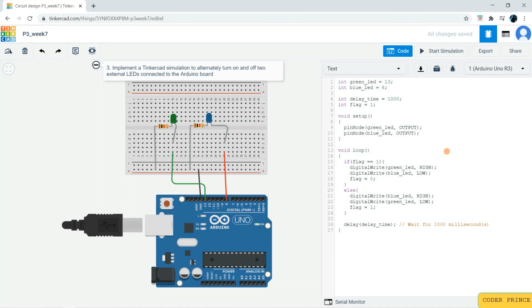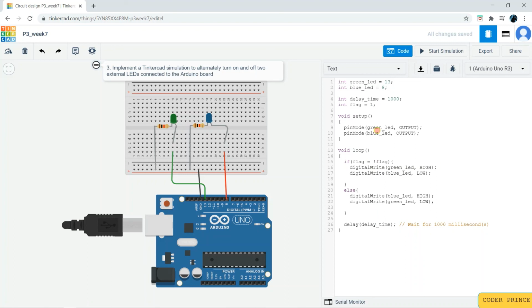I will give you a tip here. If you want to be a tricky programmer or coder, what you want to do is to reduce the number of steps. So instead of setting the flag bit to 0 and 1 in both the cases, what I will do is make flag equal to not flag, right? And I'll just remove these two lines.